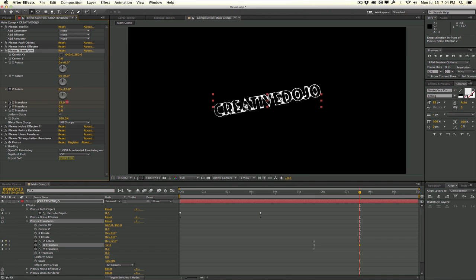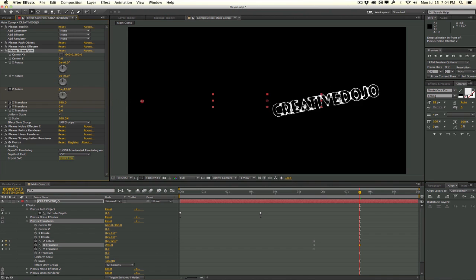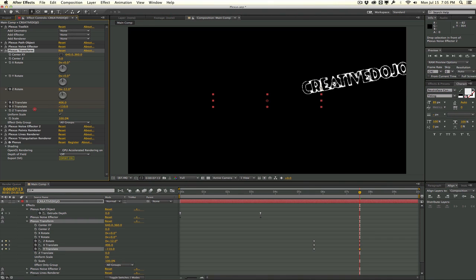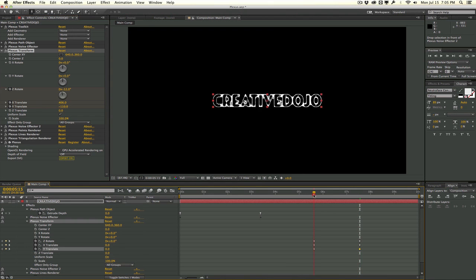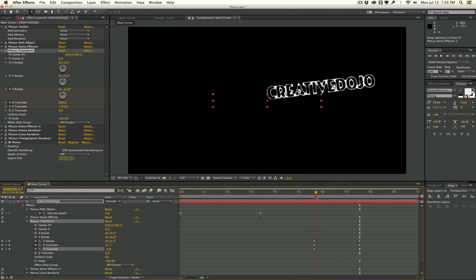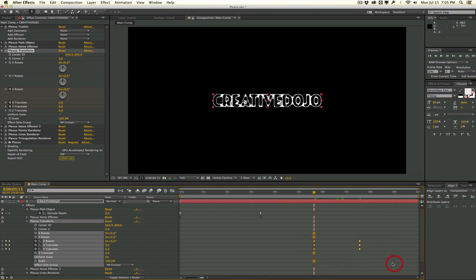I want to translate it to the right a little bit, and I'm going to move this text up a little bit, and this is going to be where the text disperses into little particles. So we're moving it just at the end. So move to the side here, and that's pretty cool. We'll easy ease these keyframes, hit F9, and now we'll hop into the second noise effector that we created,